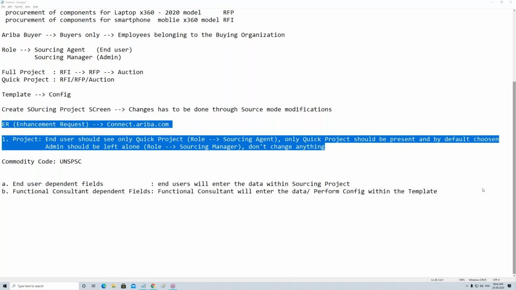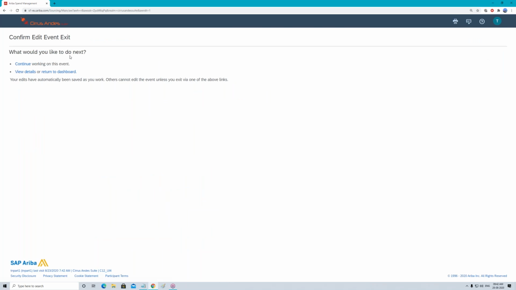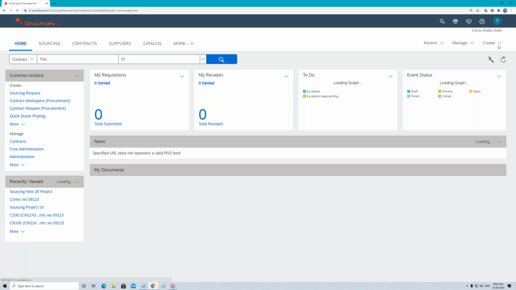Can you just repeat your query once more, Venkat? Can you please go to the Ariba window? Source project. Okay, you want me to go to create sourcing project?